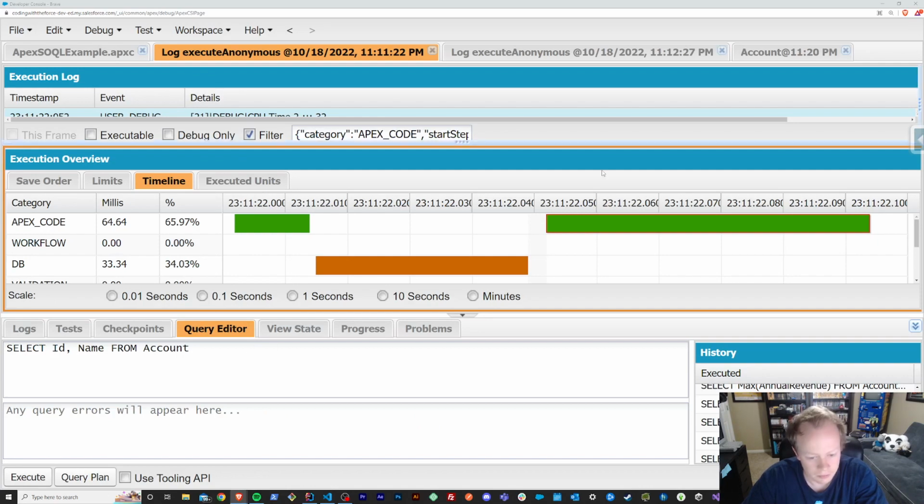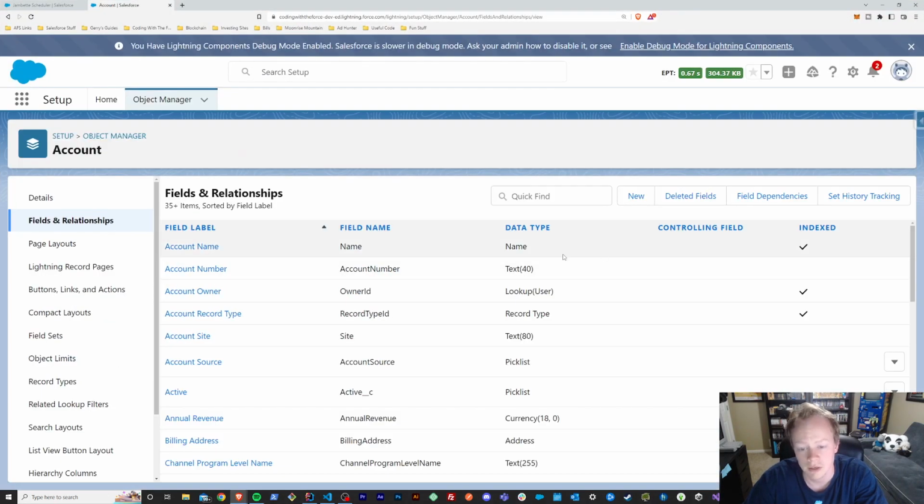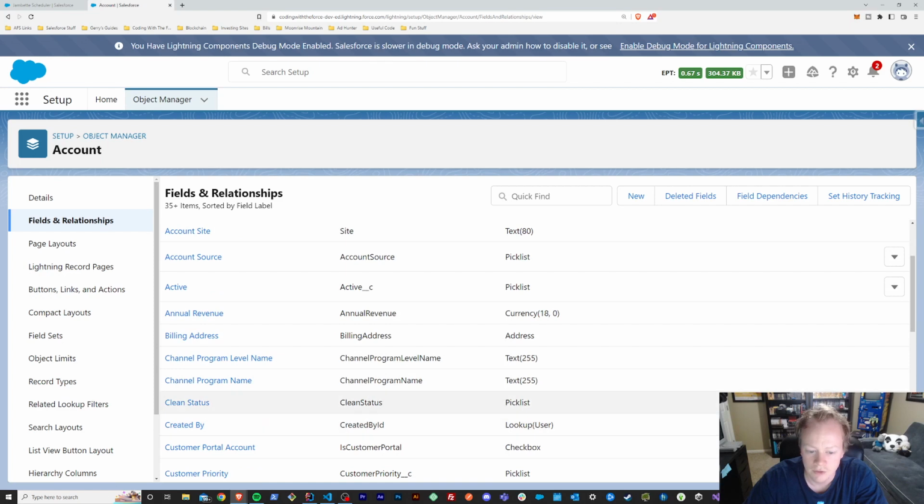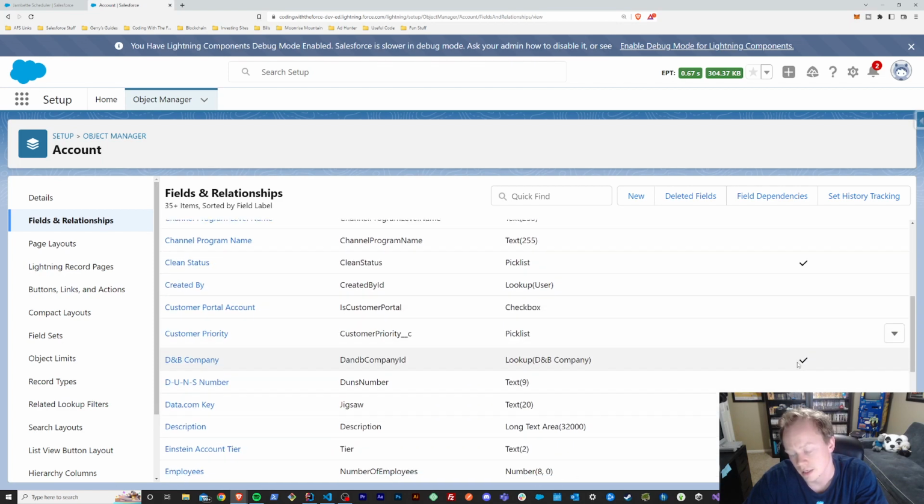So how do we figure out what fields are indexed? We kind of went over that, but if you go over to the object manager and you start looking at your fields, you'll see this indexed indicator over here in a check mark. If there's a check mark next to your field, then it is indexed. And what that means is if you use it to filter on, you're going to typically have a pretty fast